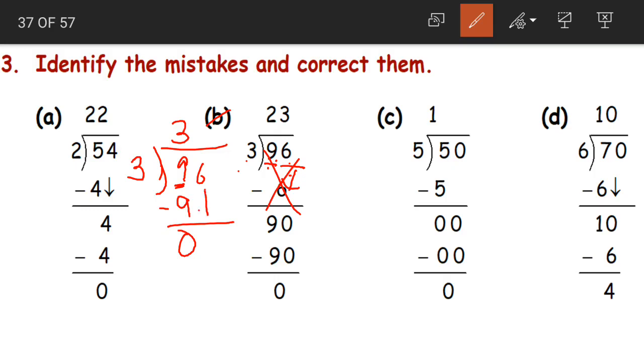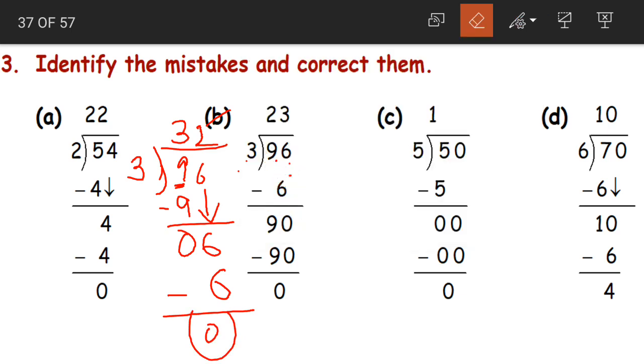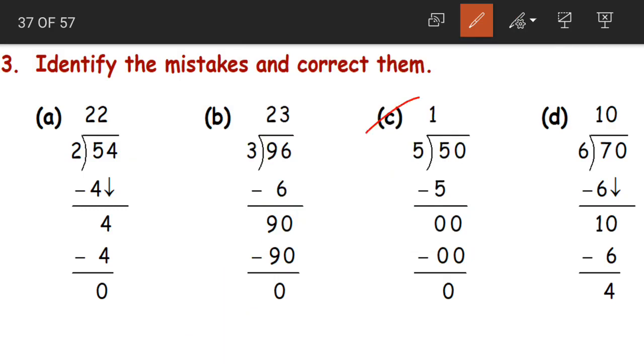Yes children. And then bringing our other digit 6 down. So what are we left with now? 6. Now when does 6 come in 3 table? We have 3 2s are 6. So 2 written in the quotient, 6 written below here. And what will be our next step? Subtracting. 6 minus 6 leaves us with 0. So see the mistake we have done here. The mistake done in this division is first we took 6 and then we divided 9. But it should be the reverse. First divide 9 and then divide 6. See the wrong quotient is 23, but the correct quotient is 32. Clear children?